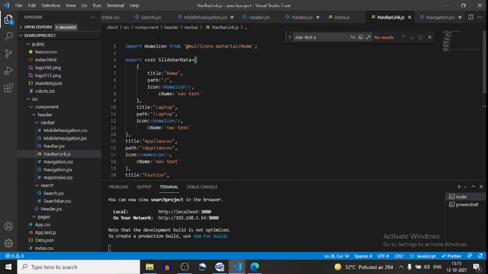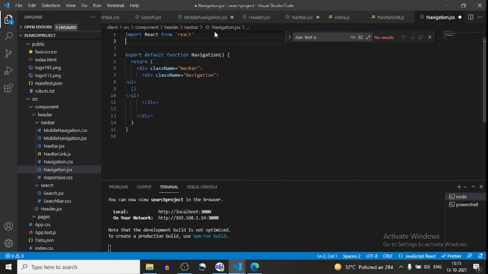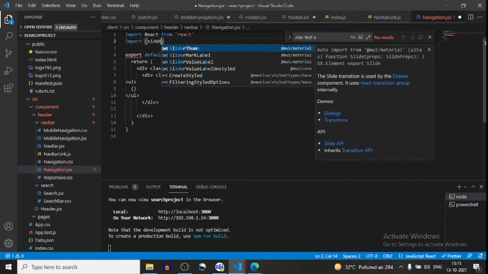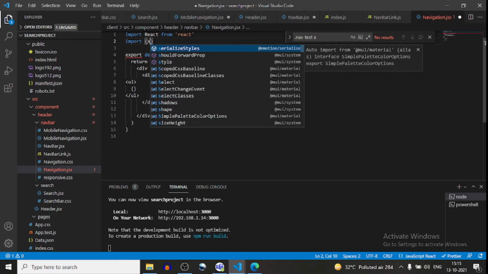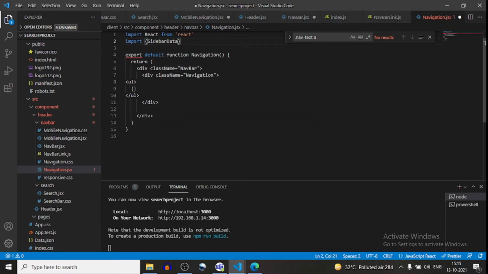What I will do now, again I will go to navigation.jsx, and here I have defined the ul. Inside this ul I will first import the sidebar data from navbarlink.